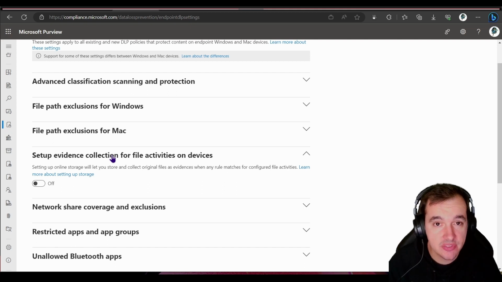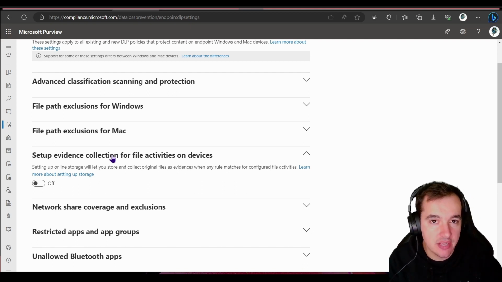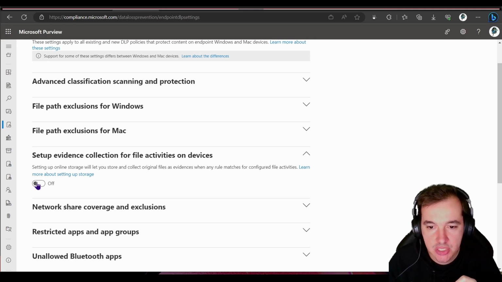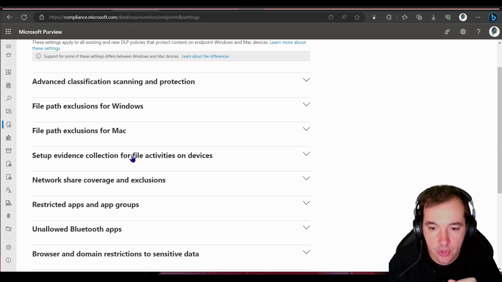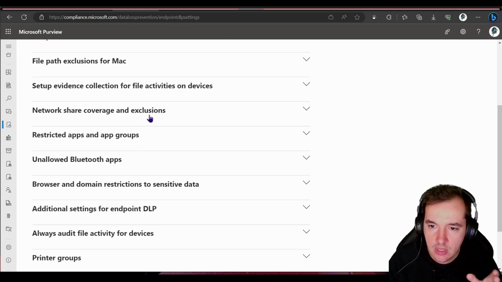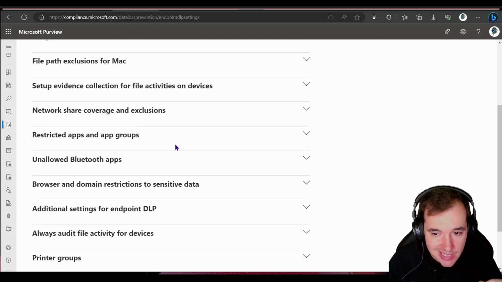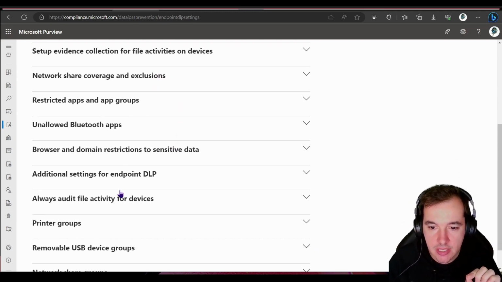If you do have the need to collect evidence for sensitive files that are triggered within particular alerts, you can set up this evidence collection here for file activities on devices. This creates a storage so that all the files uploaded are stored in there for you. Now, I don't want to go through everything in here, but I want to highlight